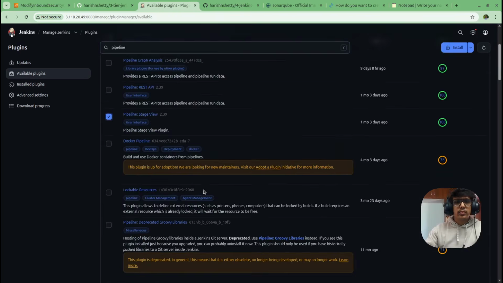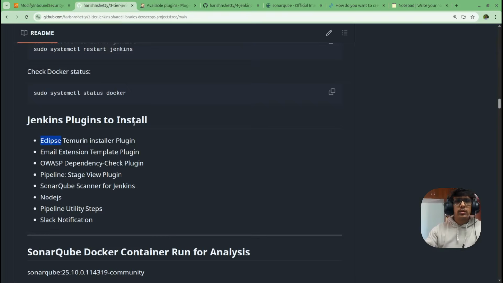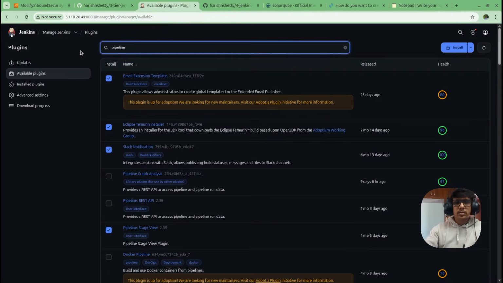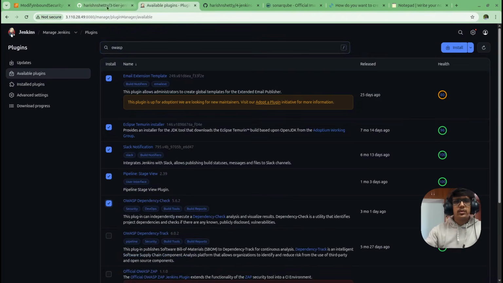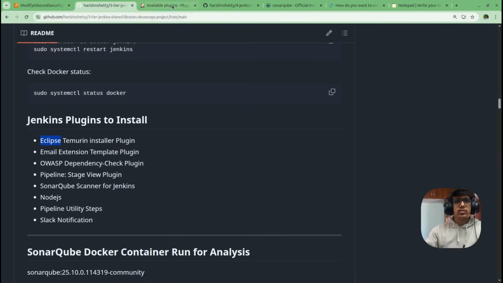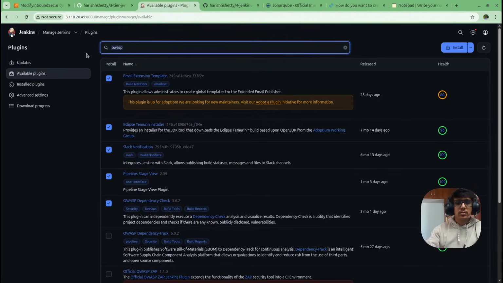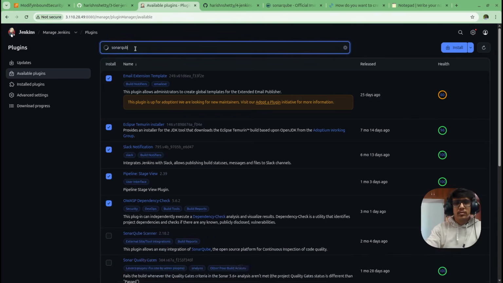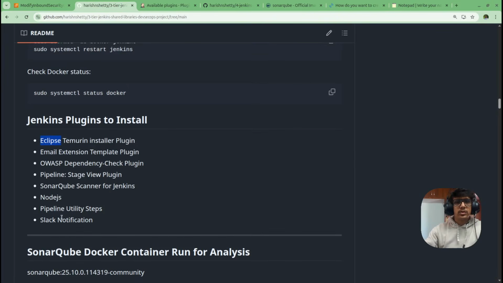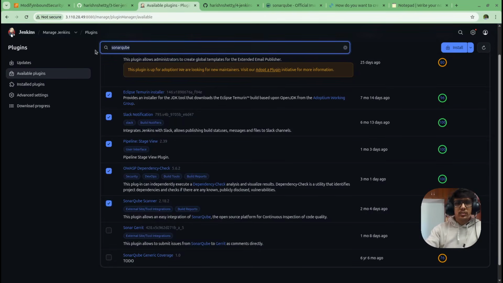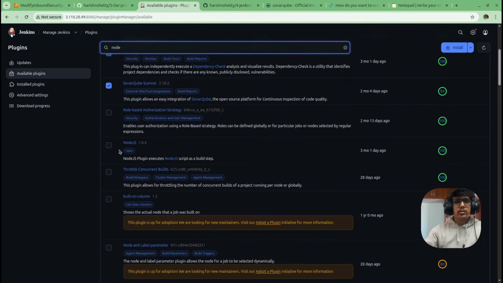Page view, wasp, check sonar cube scanner, one and Node.js flag. That's it. Node is